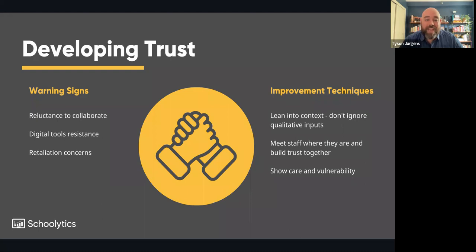Absolutely. And again, I come back to vulnerability. I would love to see administrators be vulnerable and instructional coaches be vulnerable and to treat each other with care and consideration. Yeah. Without jumping too much ahead to other points, because of course these all are interwoven, but thinking about this particular pillar,